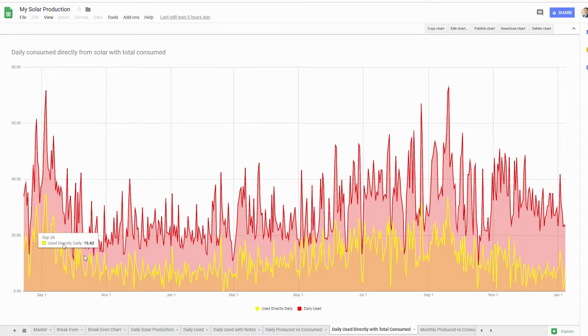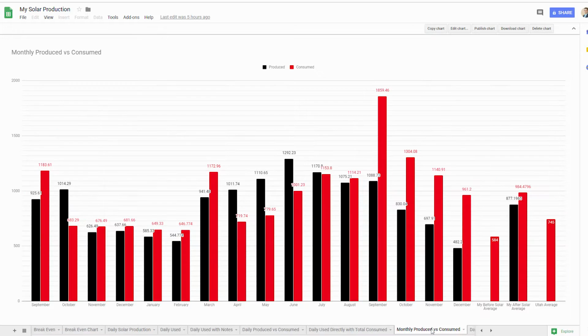You can see the general overall trend, though, is that yellow is higher in the summertime, and that makes sense from the air conditioning perspective. It's hot when it's sunny, right? And we produce more energy when it's sunny, so it naturally matches there to some degree. All right, so this is the monthly produced